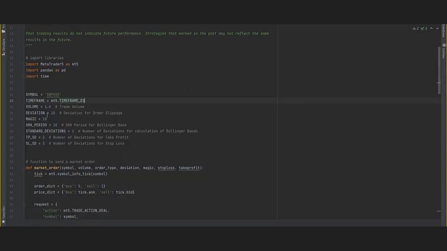Here the deviation, which is the deviation for maximum order slippage, is set to 20. The magic number of our strategy is set to 10. And to calculate the Bollinger Band, we need the SMA period, which is 20. And to calculate the bands, we set standard deviations to 2. Our strategy uses a take profit, which is equal to 2 standard deviations, and a stop loss, which is 3